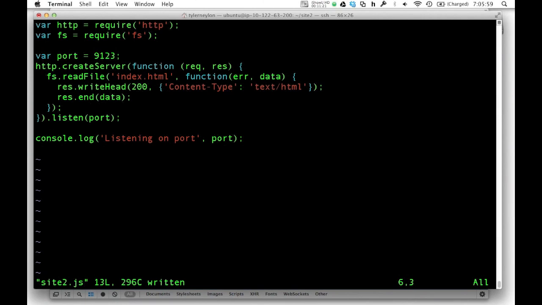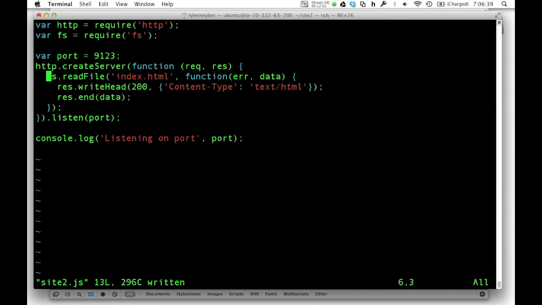I've set up this readFile command. Now this is the thing with Node. The whole philosophy is to have asynchronous command flow. What that means is if I do any operation that could possibly wait in any way, such as waiting for the disk to read, waiting for a disk to write, waiting for a database server to reply, or doing some kind of server-side HTTP request to another server, in all of these cases, my server is waiting around, and since I want to respond to requests as much as possible,